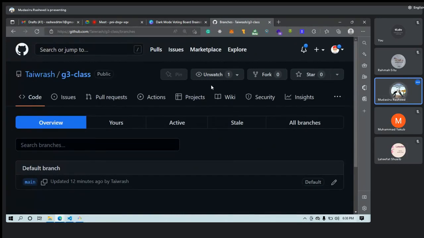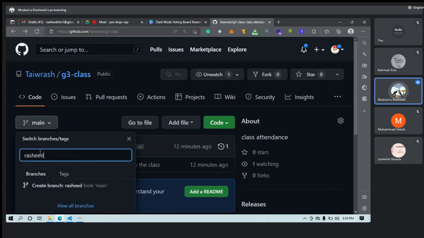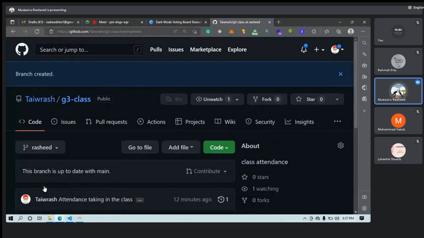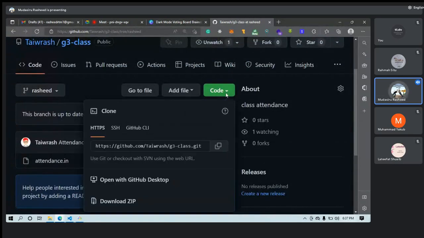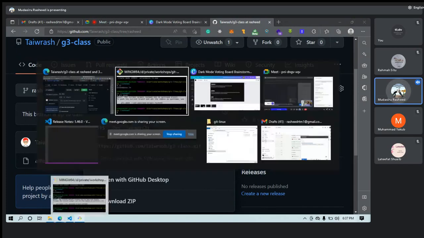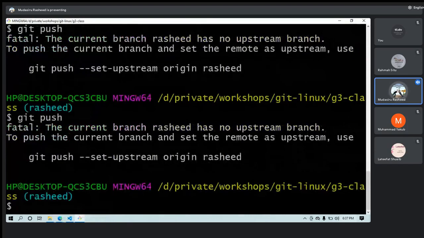But then we can still create a new branch. We can create it locally, or we can come here and create it on GitHub. As soon as you start typing a name that is not there, it asks, do you want to create it? You can just click create and boom, you'll be able to create a branch from that. So I'm on this branch. Let me just copy the SSH of this. But this particular SSH has no difference between this and this. So if you go back and say git push, it will tell you the same thing. You'll be like, oh, what's going on?